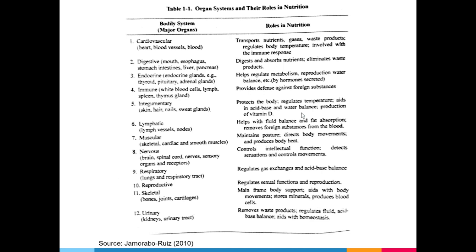We also have the lymphatic system, which helps with fluid balance and fat absorption, and removes foreign substances from the blood. So kaning integumentary system nato, ang iyahang specific nga role sa nutrition, it is part in the production of vitamin D as what I've explained ganina. And sa excretion pud nga part, because we can eliminate excess water through perspiration, and you know that's a function of the skin.